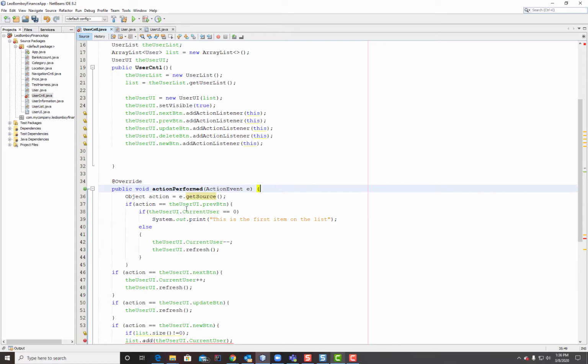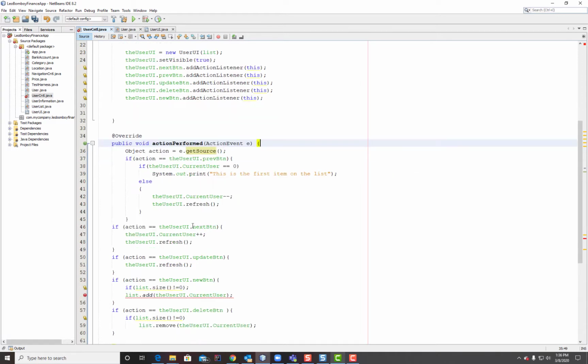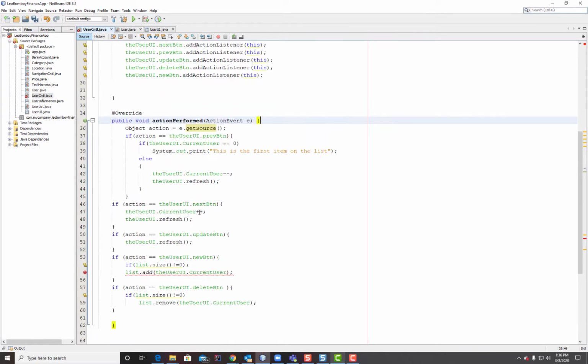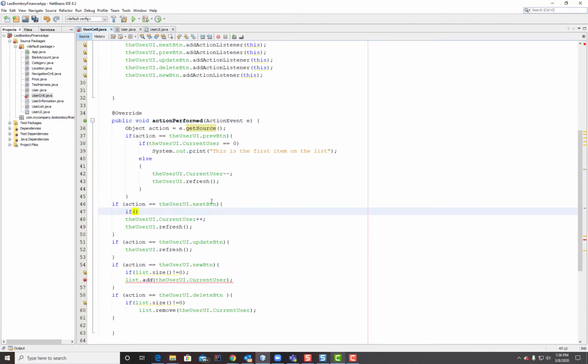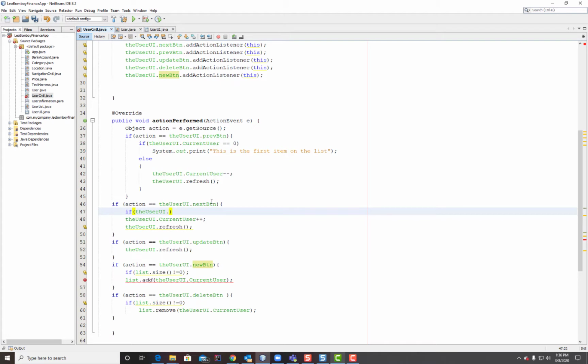So I check to see if it's the previous button. If it is, I check and see if they're already at position 0 in the list, meaning they can't go any further backwards. If they can, I just subtract 1 and refresh the screen. If it's the next button, you want to do something similar here. So you're going to say something like if the user UI dot next button, current user, and what I want to check is if I'm at the end of the list. So if this is equal to